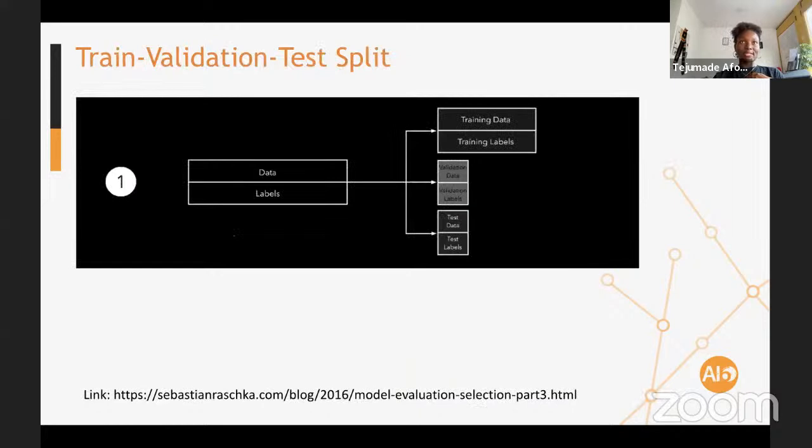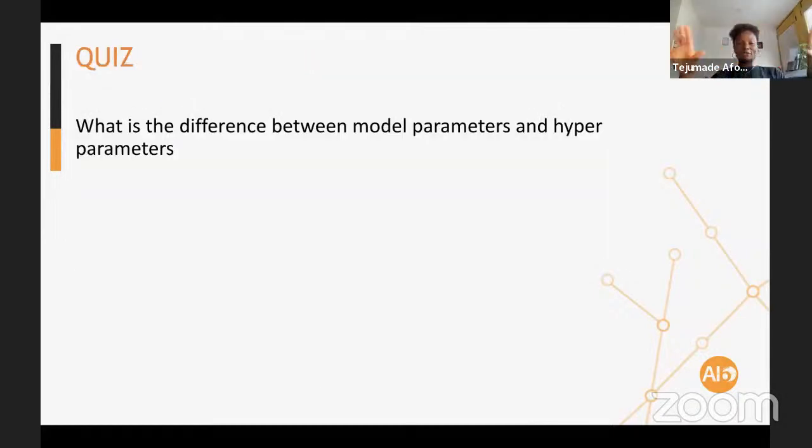And just like Bala said in the chat, instead of doing a two-way split, which is train and test, we can do a three-way split if you have enough data. So you would have train data, validation data, and test data. Test data, you keep separate. Validation data, you use to tune your hyperparameters. I hope this is clear. But for the remainder of this presentation, we'll come back to our setting of having two different sets, the training set and the hold-out test set.